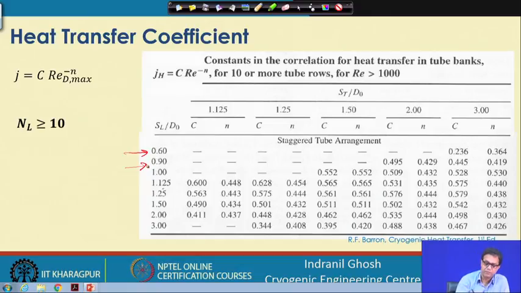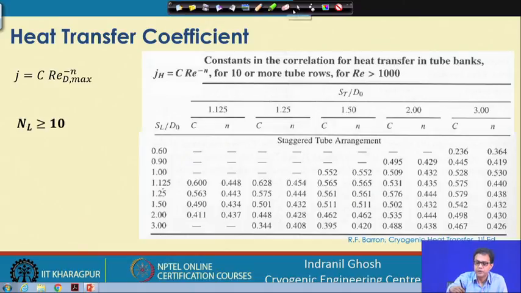If by chance something is coming at 0.85, which is not defined here, or say between 1.25 and 1.5, if someone finds that his number is 1.4, he may find it difficult to find out exactly what would be the number for the C and n. So,